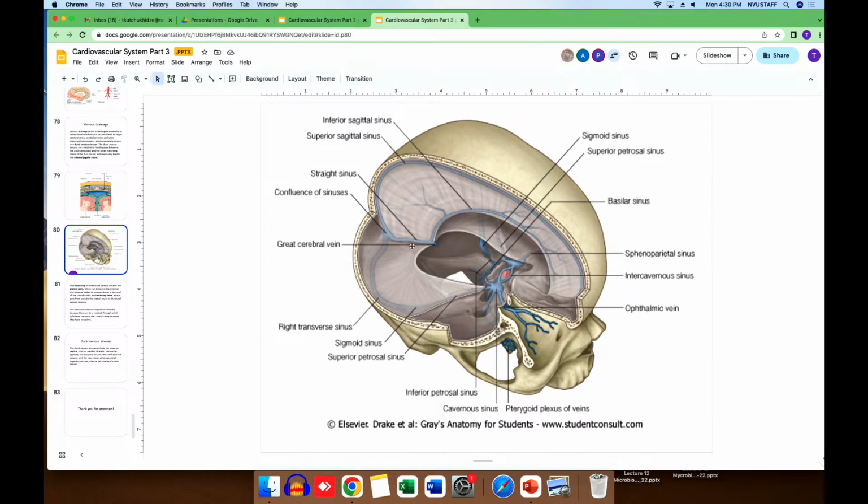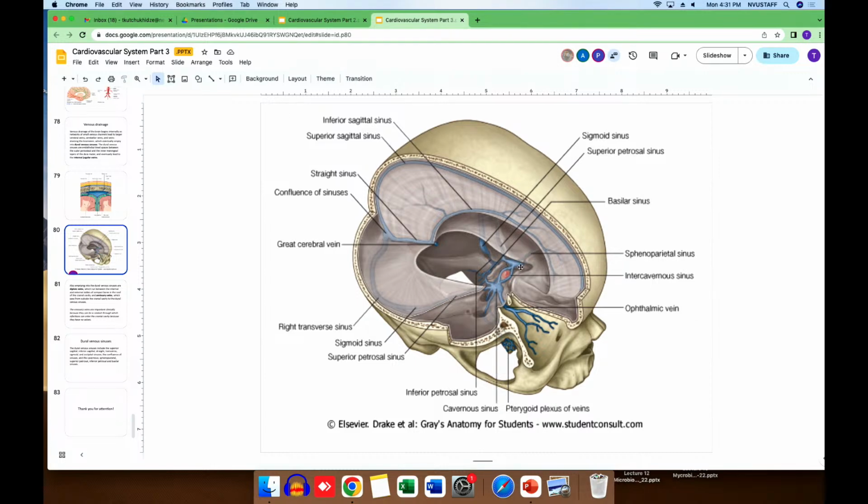It is also draining from the straight sinus, and the straight sinus itself drains from the sagittal sinus. We have the sigmoid sinus, the superior petrosal sinus, and